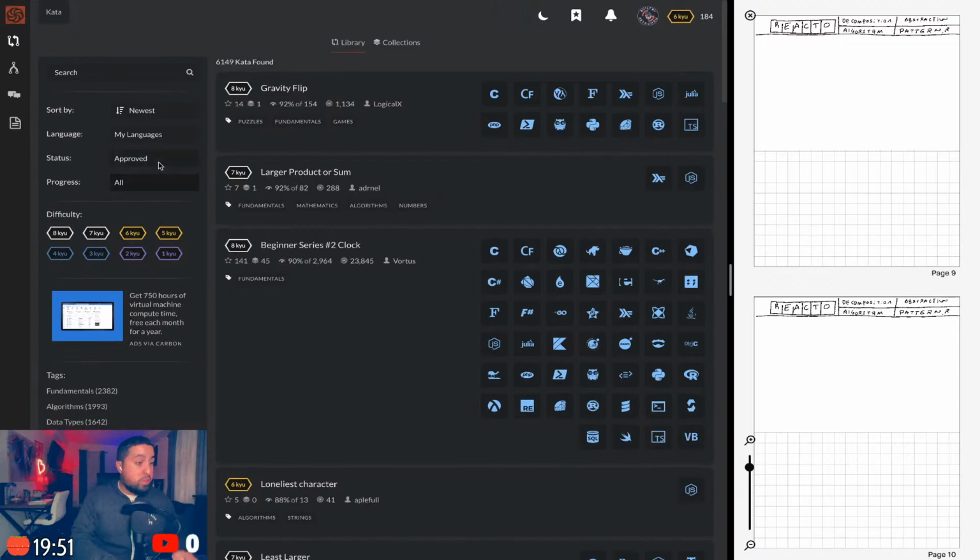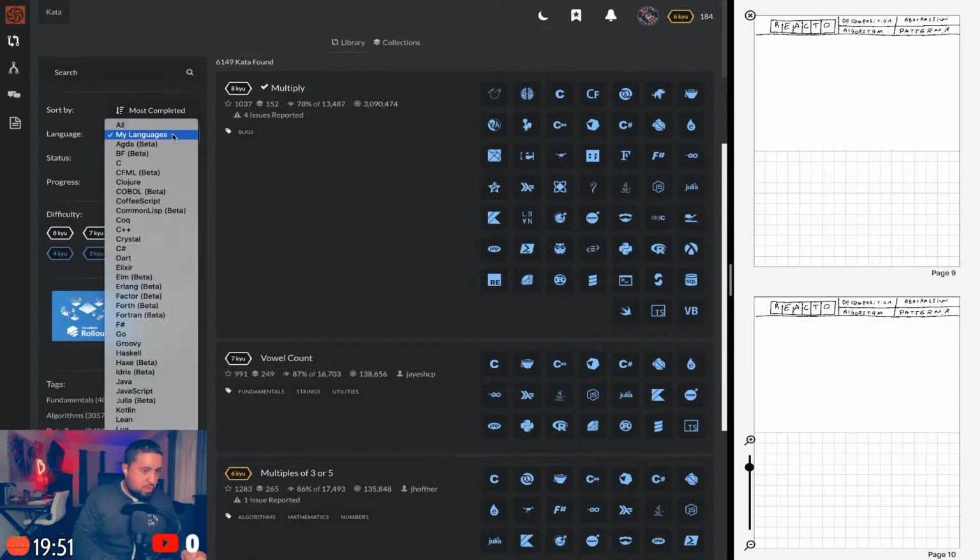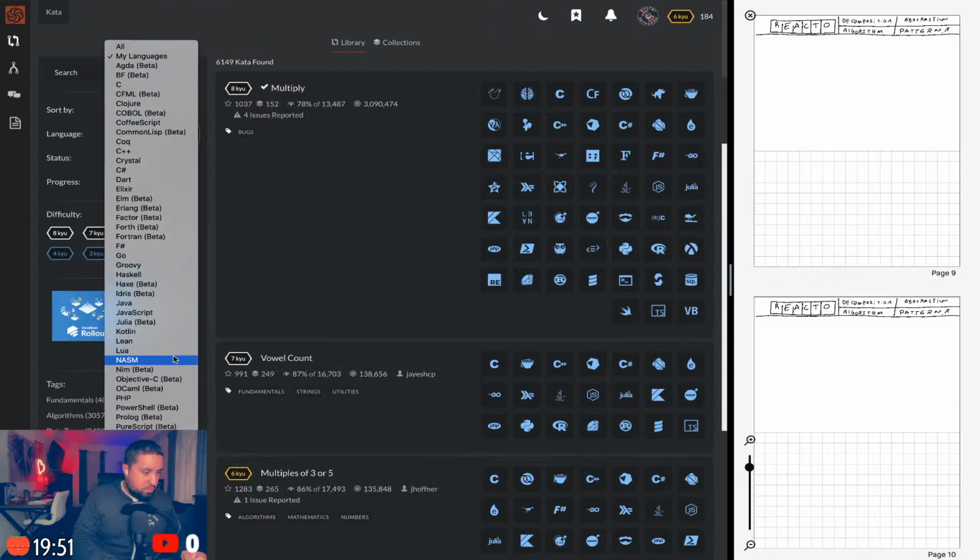All right, so let's start filtering this stuff out, and then I'll start the timer, and then we'll proceed to go through our problem-solving technique. I'm going to go with most completed. There's a sort by option, yes, most completed. I guess that'll generate more mature coding challenges that are very clear and not too confusing.